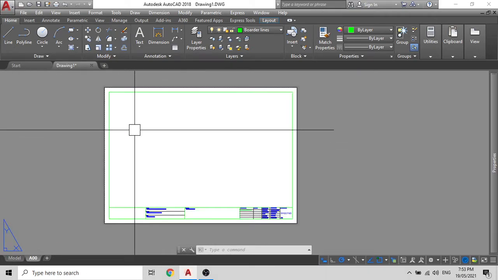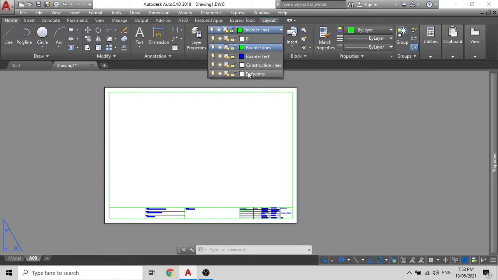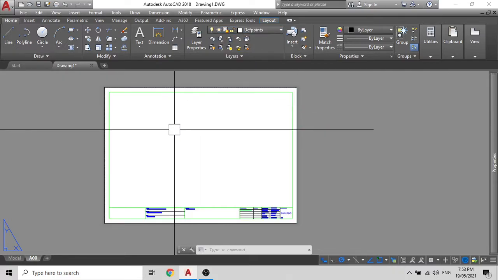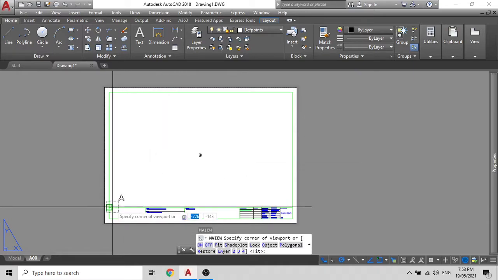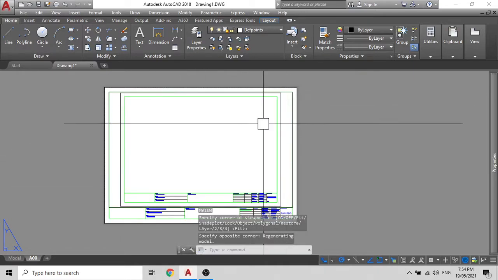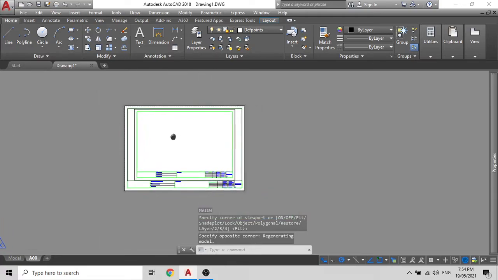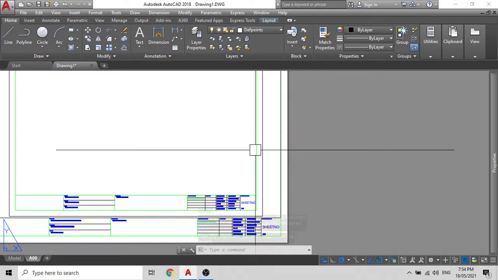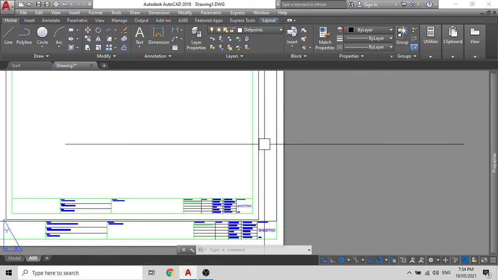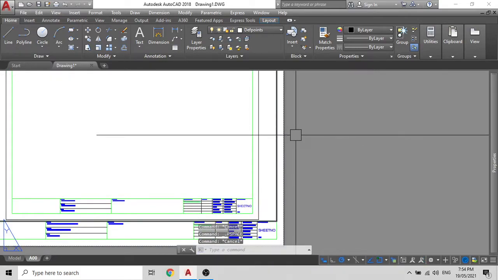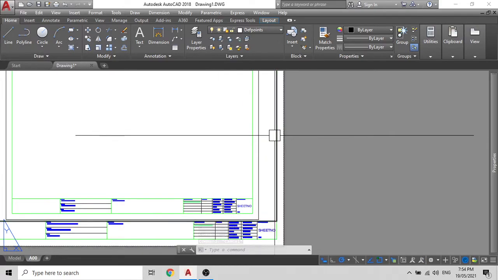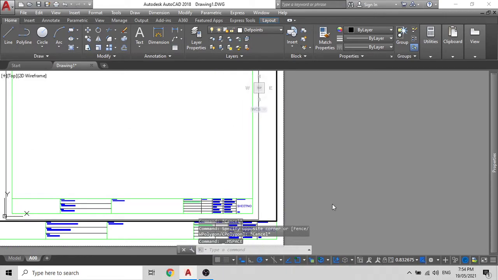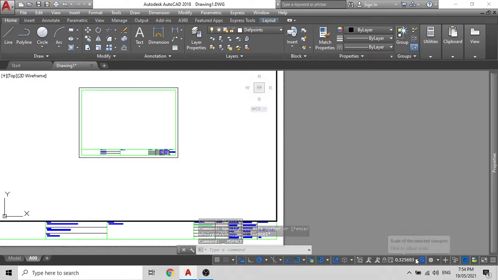So there are two ways to enter viewport. To create a viewport, your layers have to be in def points. Then you can do an MV4 viewport and select this corner, go up to here, and you can see that you are in a viewport. It's showing you something. To enter a viewport, you have to double click inside. Remember, you have to double click on the inside of the viewport and not on top of it. So double click on the inside of the viewport, make your changes, set up a proper scale.